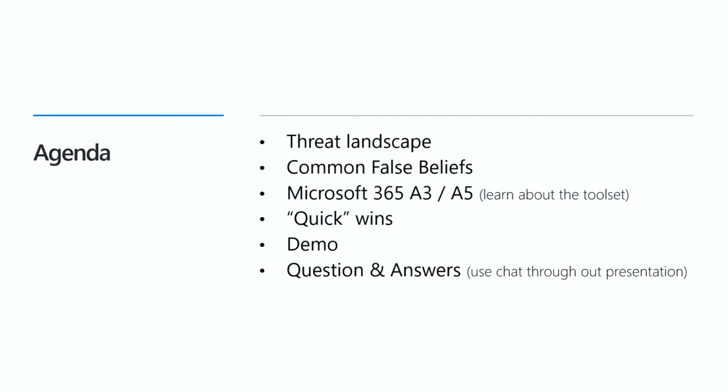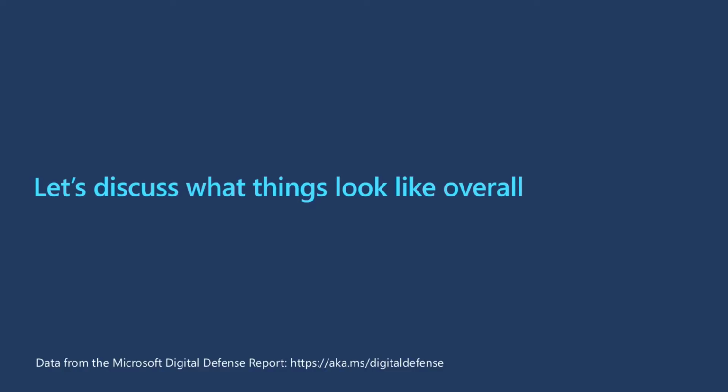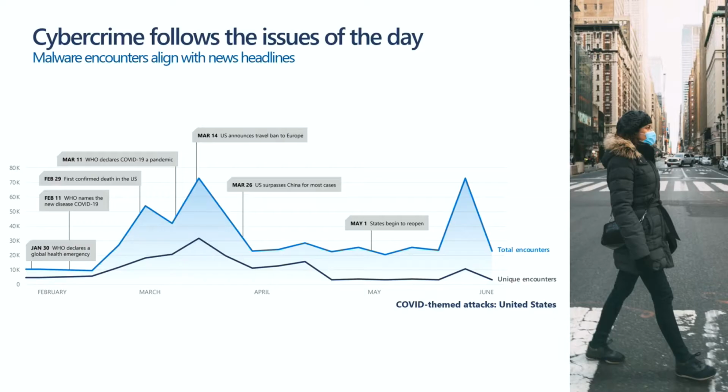So kicking off, let's talk about what is the landscape? What do things look like overall? And common theme the last couple of years is COVID. Cyber criminals, they follow the trends, the issues of the day, the headlines. That's the theme, is it's ever changing. COVID's been a common one. We're getting a lot of nation state actors with SolarWinds attacks and Nobelium and other types of attacks, but it's ever evolving, ever changing, and you see little spikes in trends and techniques based on kind of the flavor of the day and what's going on in the world.